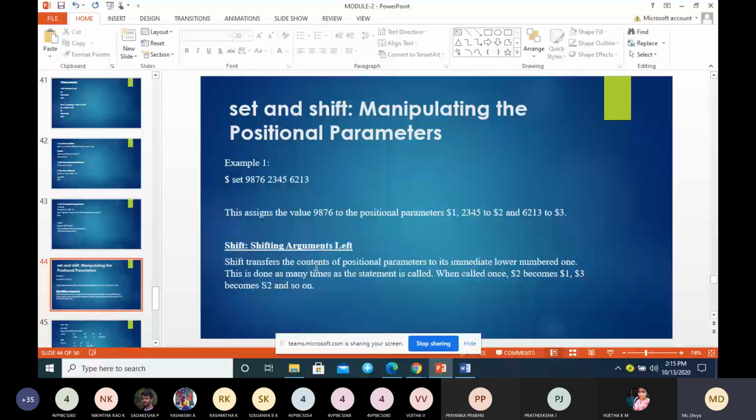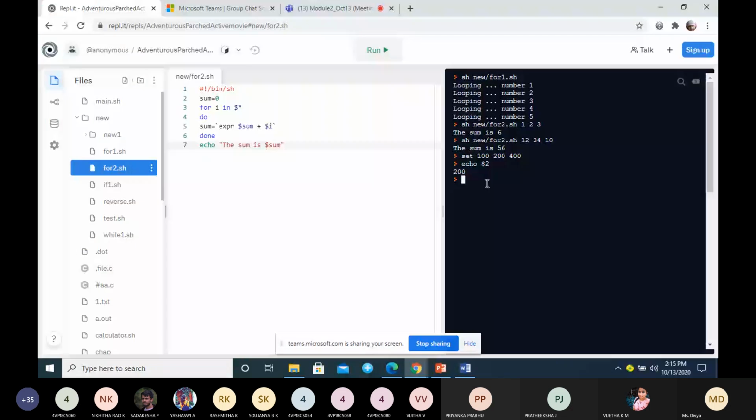See one more example. It's a back quote. It is not a double quote or single quote. It's a back quote. Date.